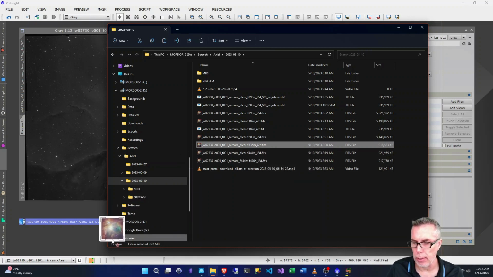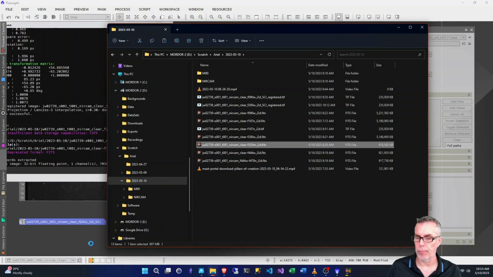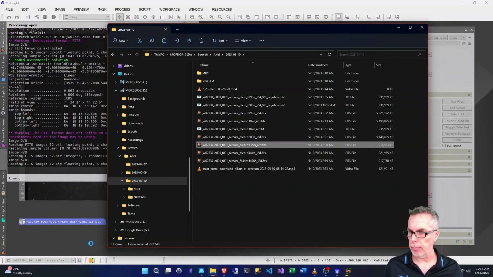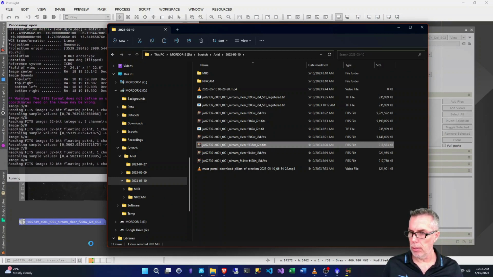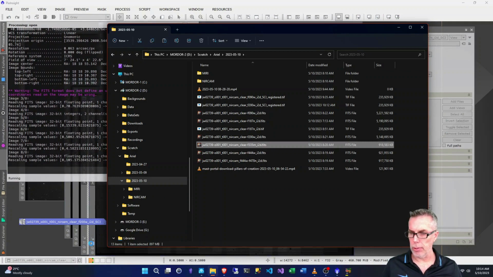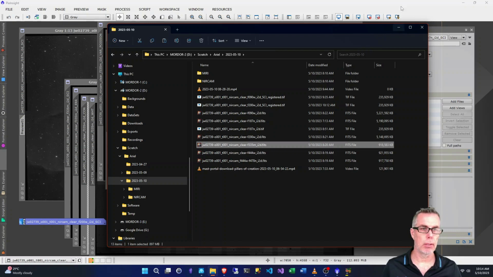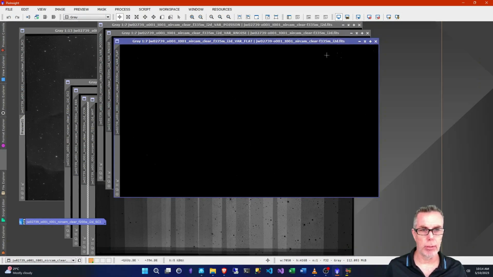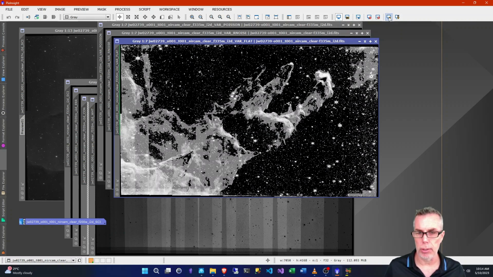I'll go ahead and open it in PixInsight. And it does seem to process quicker, as you can see. Let me close this star alignment window here, and we'll go through the same procedure. I'll just repeat it; it's a good exercise. So let's auto stretch this image to see what we're